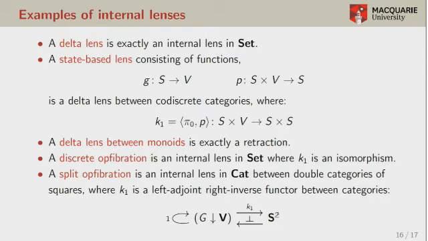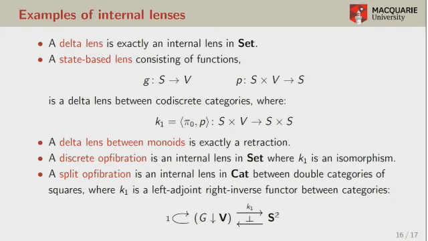A delta lens between monos is just a retraction. A discrete op fibration is again just a special kind of internal lens. And also a split op fibration, which Mike talked about this morning, is surprisingly not a lens between categories anymore. It's a lens between a particular kind of double categories. And so that's again one of these fruitful yields of this internal perspective, is that when we look at particular double categories, in particular the double categories of squares which are induced by these source and view categories, then writing out the diagrams and the things that you need for an internal lens gives you exactly what a split op